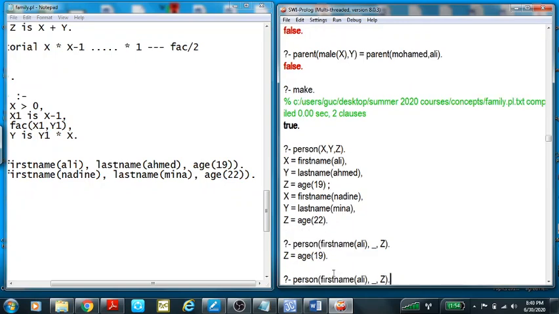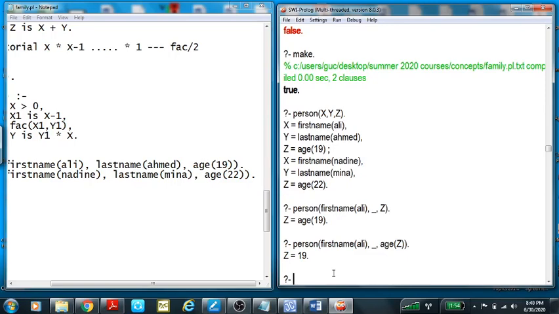Now if you want to get only the 19 as a result, you will call the query with person first name of Ali, comma wildcard, comma age of Z, and the result that you will be getting here is Z is equal 19. Okay, thus just to